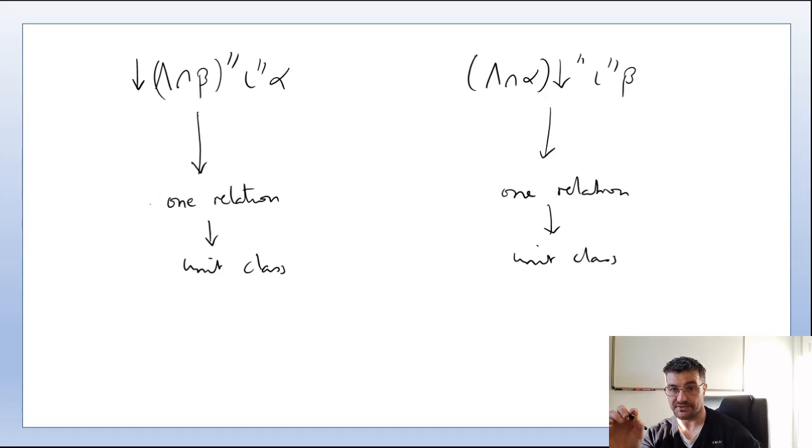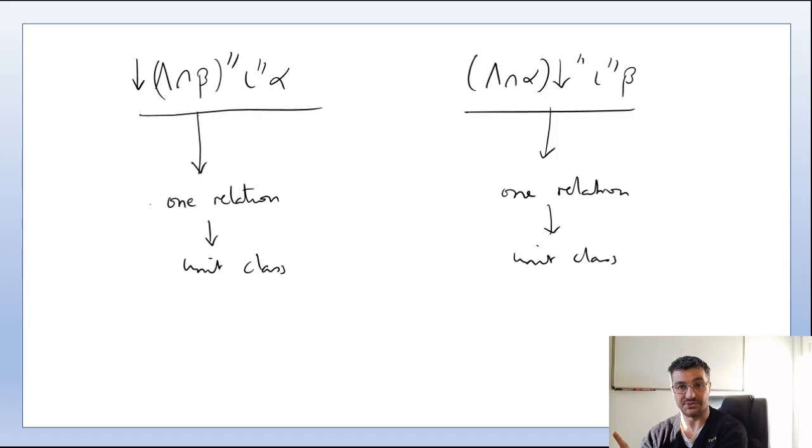Unit classes are both members of one of a certain type. We've seen that they have no common members. So this class and this class have no common members. So therefore their logical product is equal to the null class. Their logical sum is going to be a member of the class 2. Okay, so alpha plus beta is going to be a member of the class 2